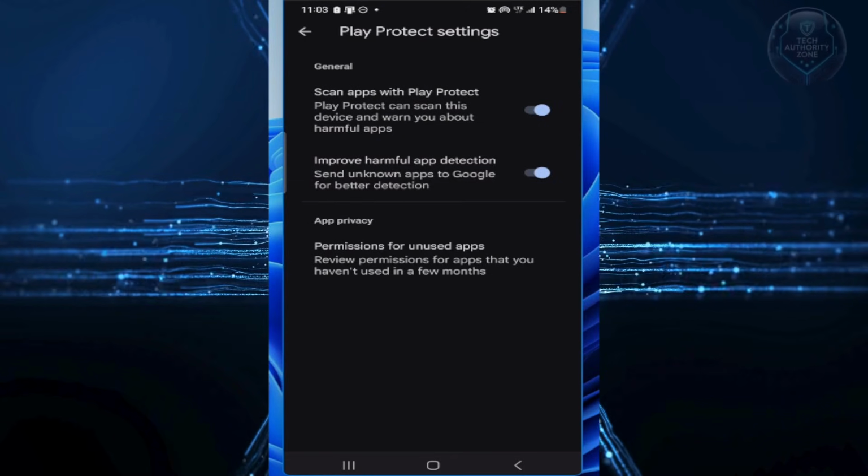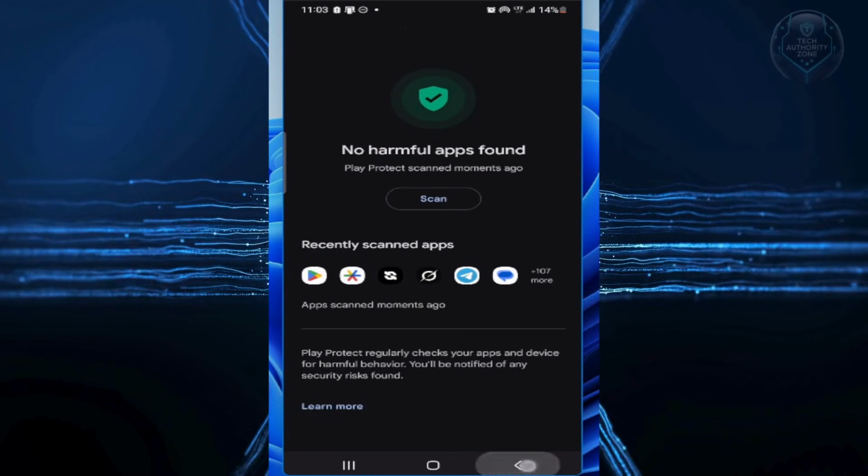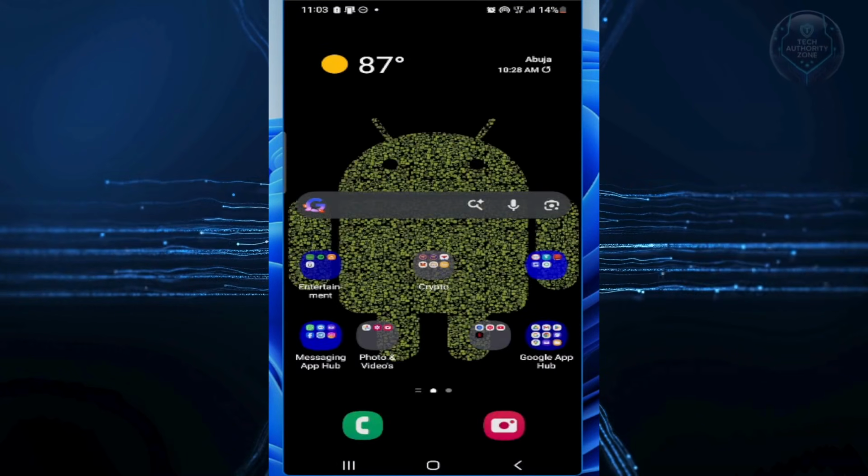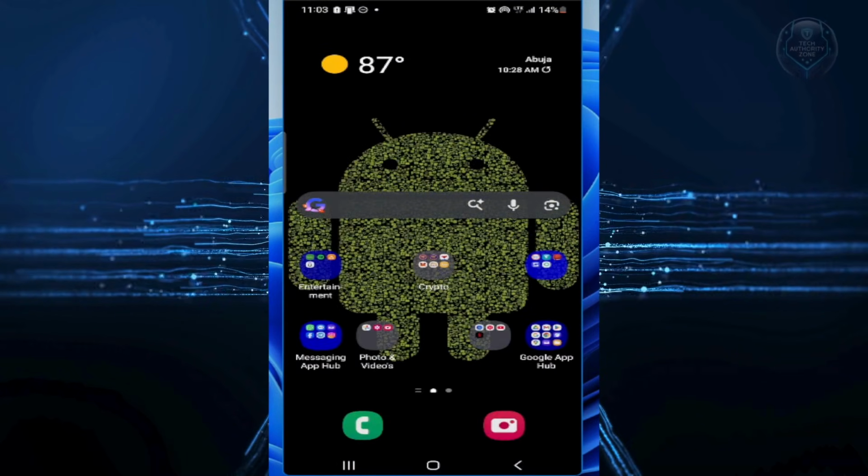That's it! In just a couple of minutes, you've stopped the biggest built-in trackers on your Android phone. You're not 100% invisible, no one is, but you just made it way harder for advertisers to build a creepy